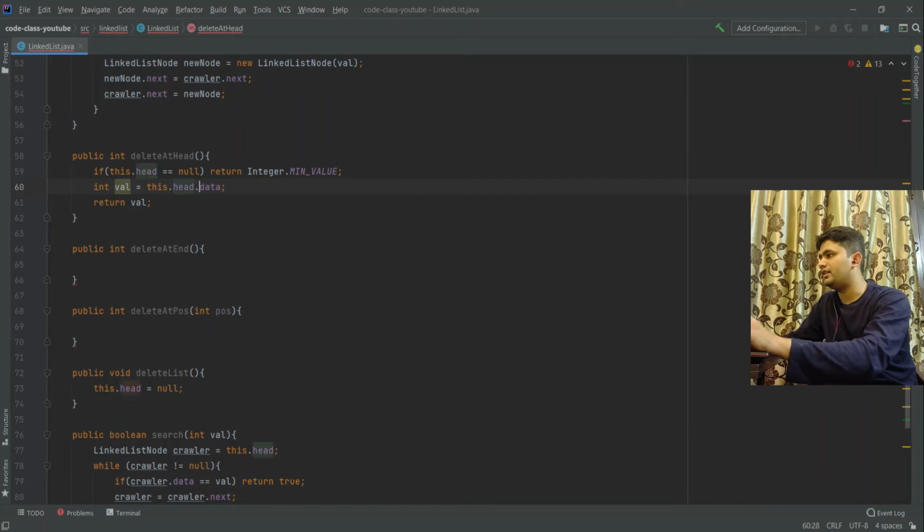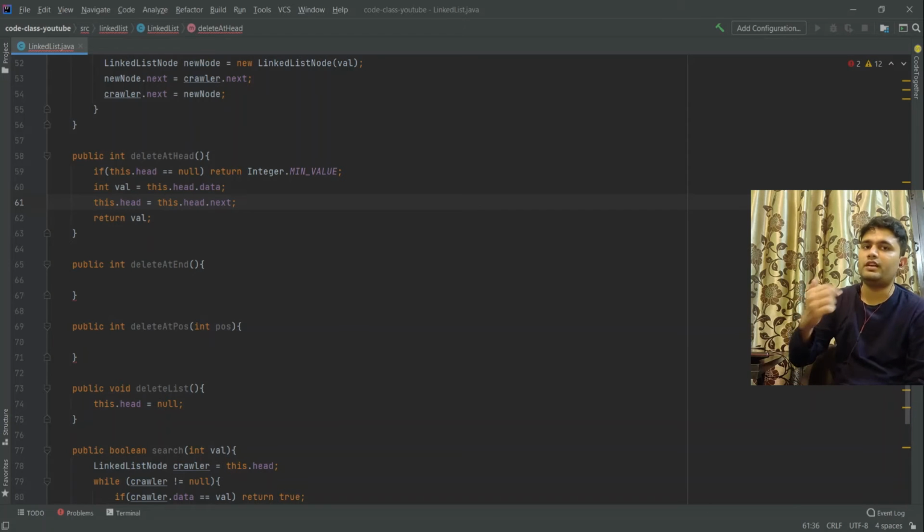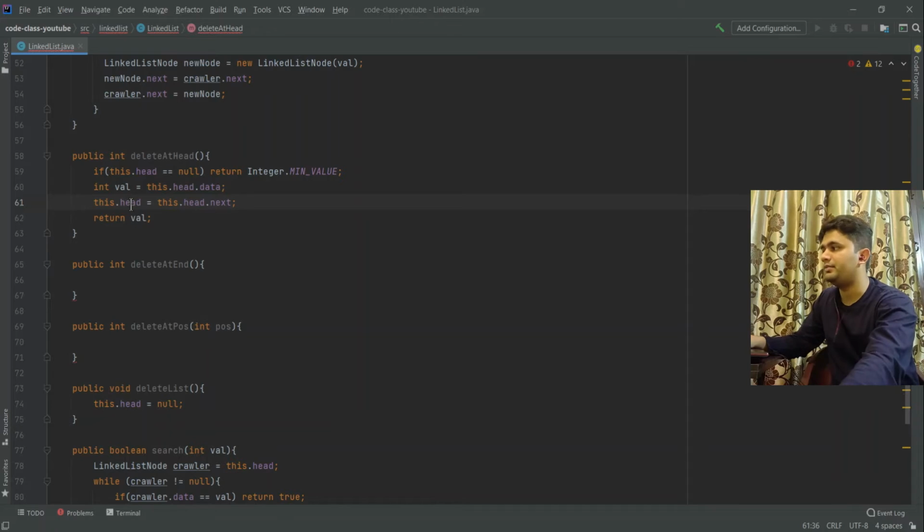And before returning this value, we will change our head, that this dot head is equals to this dot head dot next. That means we have moved our head pointer one node ahead, and the previous head will automatically be garbage collected. Or we can clear this in C or C++ languages.